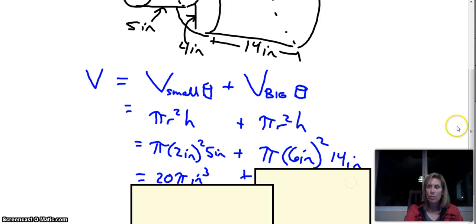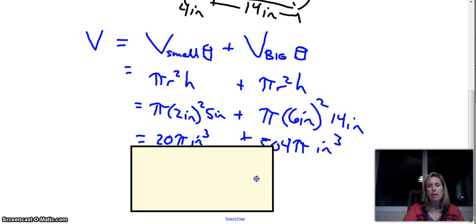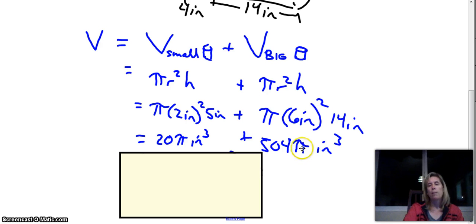So we plug that into our formula, and we go ahead and multiply. 6 squared is 36, and 36 times 14 is 504. Don't forget we still have the pi. But because both of these terms have pi, they're both in terms of pi, they are like terms, so we can add them. 20 pi inches cubed plus 504 pi inches cubed is